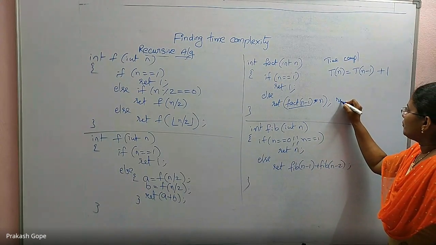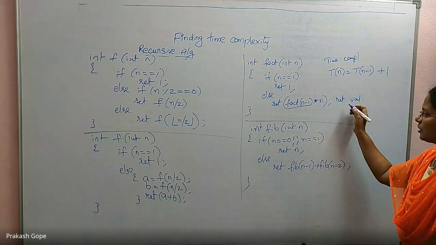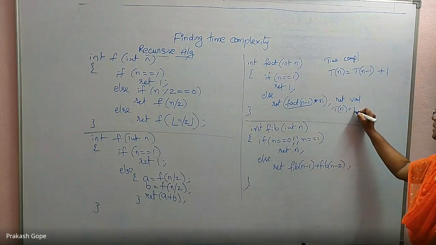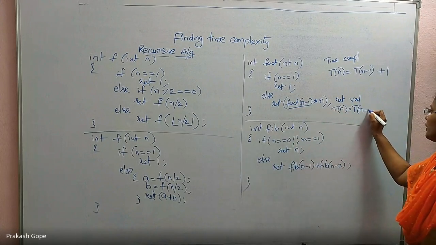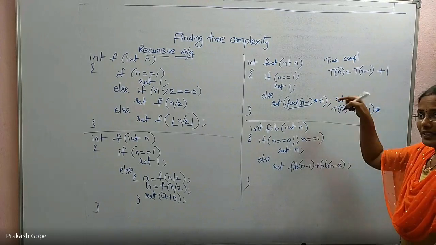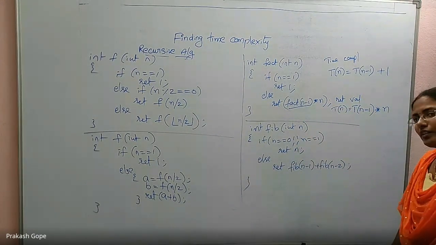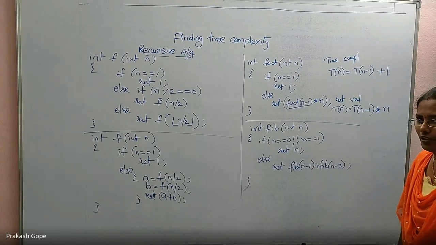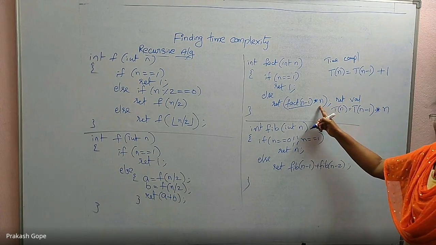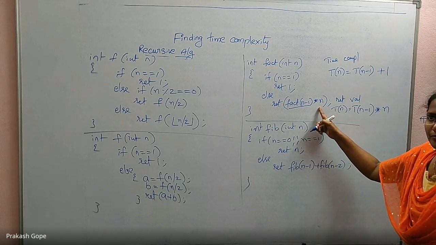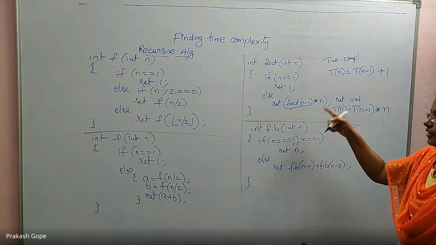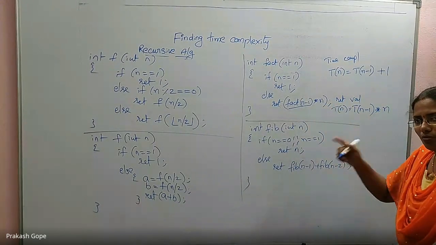What is the return value? What is the recurrence relation for the return value? The value returned by this function when n is passed is the value returned by the same function when n minus 1 is passed, and that gets multiplied by n. With what it gets multiplied also matters because we are interested in the return value. Previously it was just time. Whether you multiply with 100 or with n, the time taken for it is the same, a fixed amount of time. But here, for the return value, whether you multiply with 100 or with n or 1 matters.